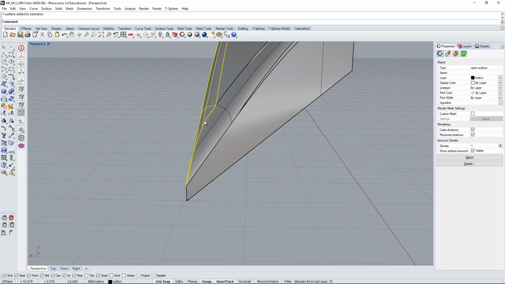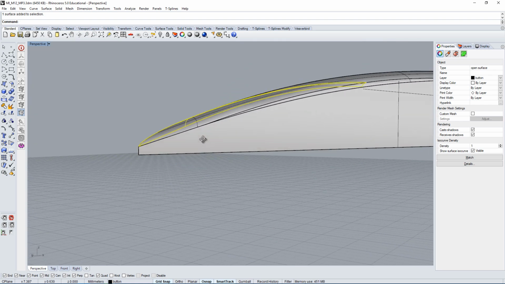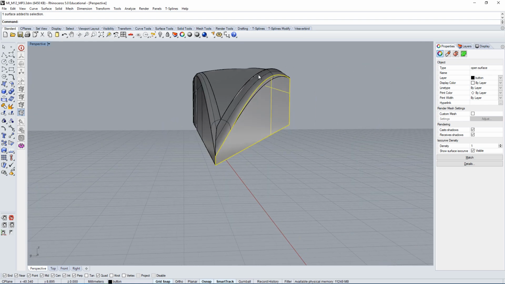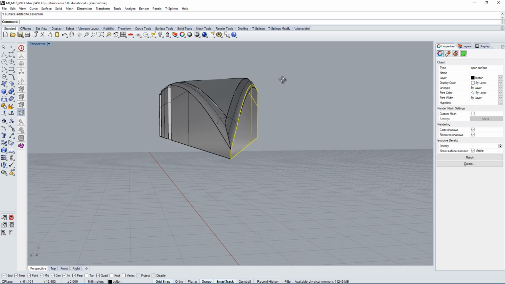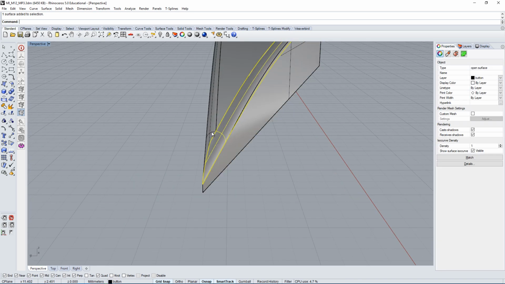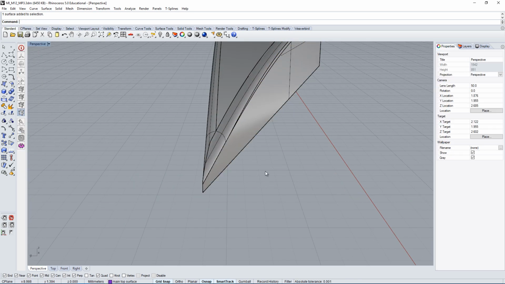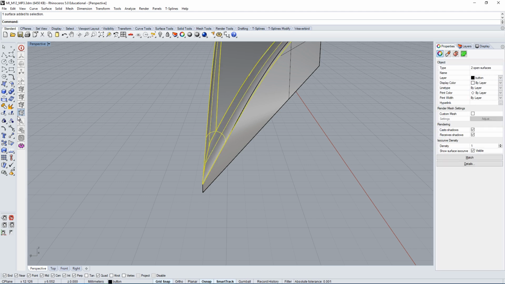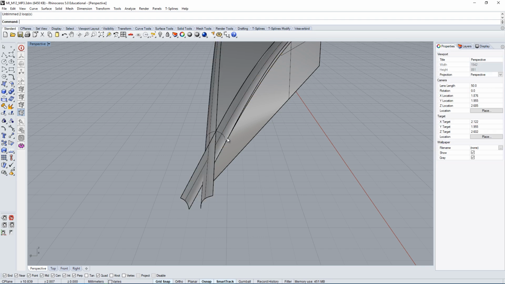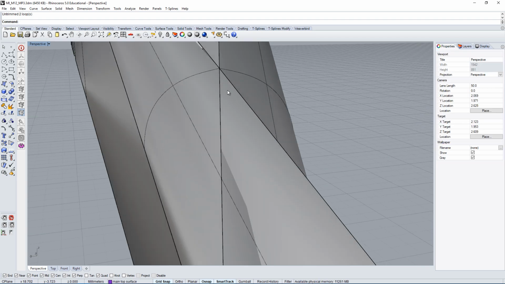Yeah, it looks like there's something strange happening here, so there's also something strange happening there. So I'm gonna select both of these guys, both of the fillets, and I'm going to untrim all of them, and I'm gonna have a look at what's happening here.